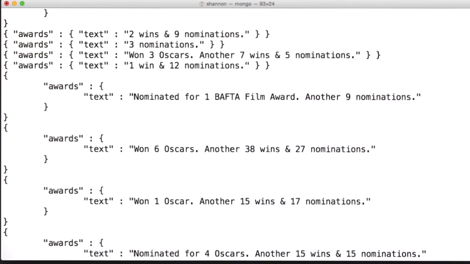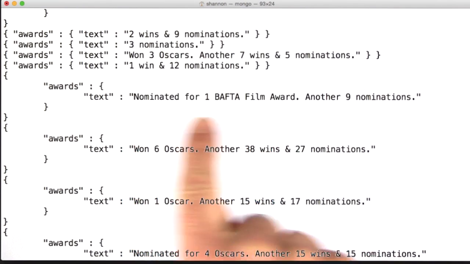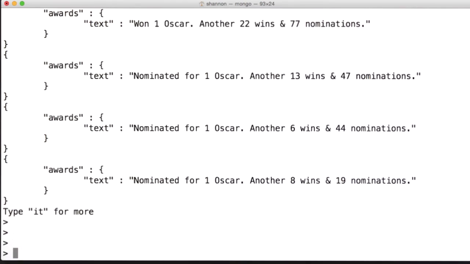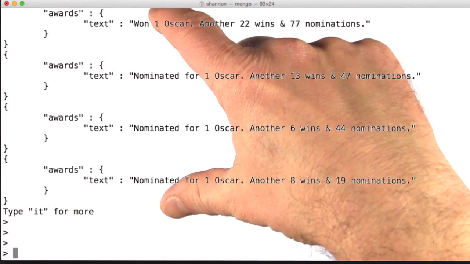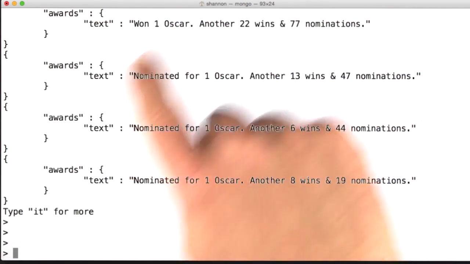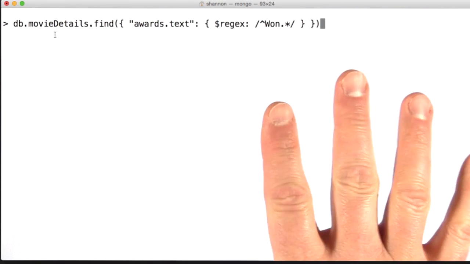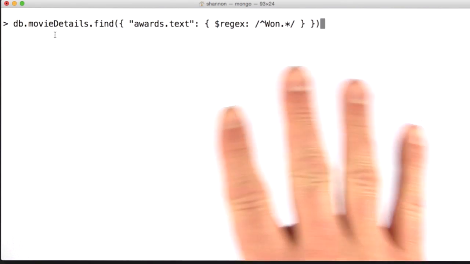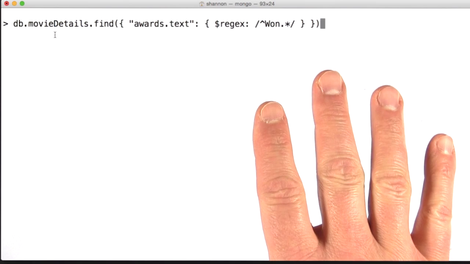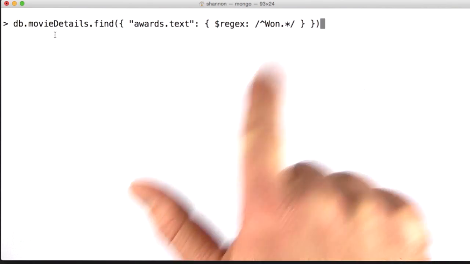Now, there are some other awards that follow the same pattern. Here's one example. But for purposes of this example, let's go ahead and use the fact that Oscar awards are stipulated in this way. So here we have an example of the use of the regex operator. Now, if you're not familiar with regular expressions, this syntax is probably a little bit confusing. An explanation of regular expressions is outside the scope of this particular lesson, but essentially these slashes delimit the regular